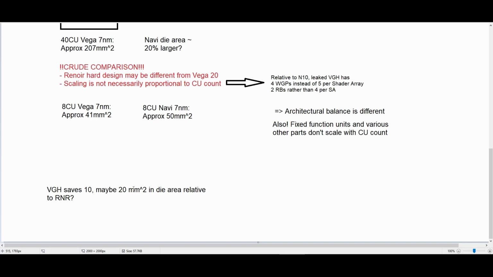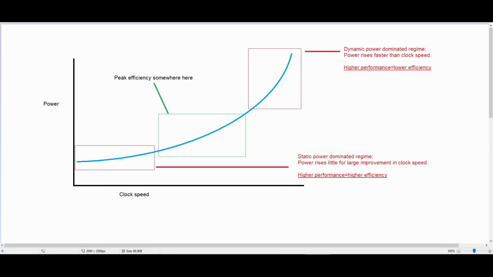So then let's look at the power comparison. First, I'm going to look a little bit at some of the theory behind this. And so this is the clock speed curve. Here we have the clock speed on the x-axis and the power draw on the y-axis. And basically the blue line is an approximation of sorts of how you would see the power draw of a single core increase with